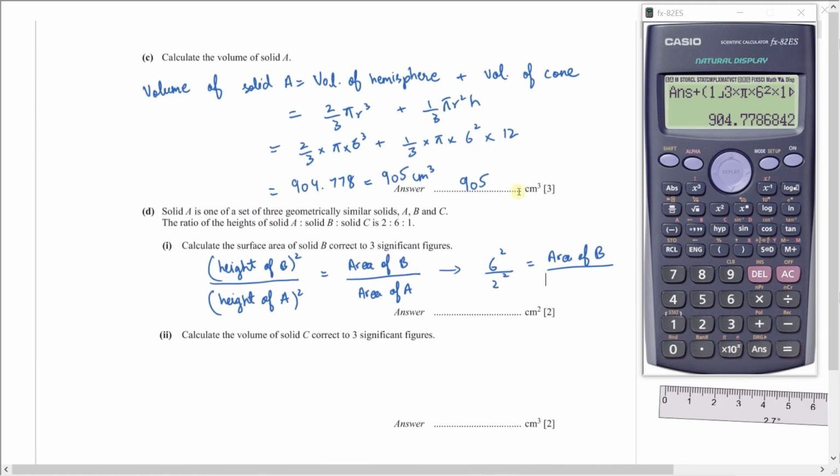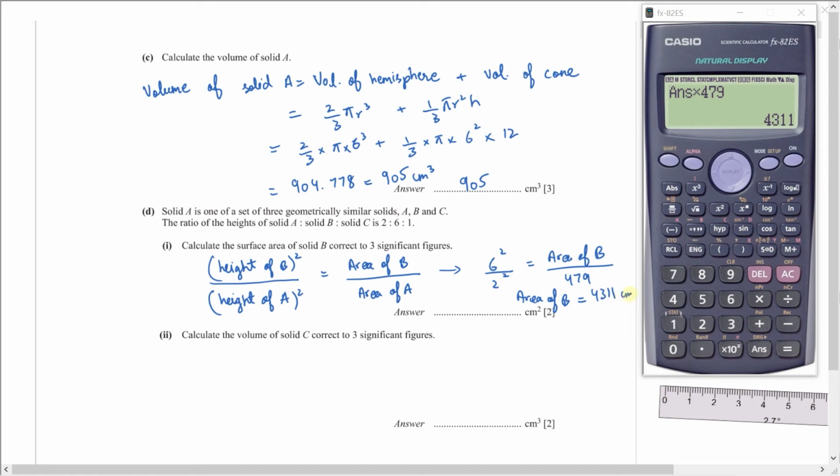479. So this will give you area of B equals, so I'll take this 479 there. First let me calculate this. 6 squared is 36 divided by 2 squared is 4. And this multiplied by 479. So this is